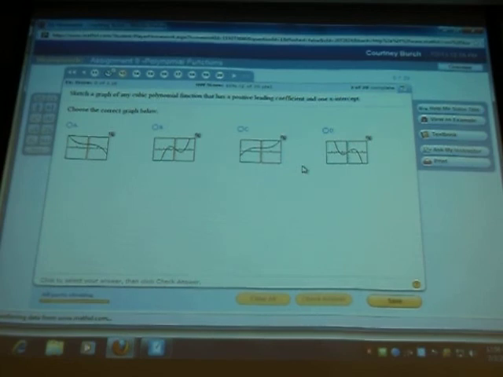Leading coefficient? Would be cubic and positive. Which ones can I rule out based on cubic and positive? You could rule out A and D because those are both negative. Cubic and positive would be down on the left, up on the right. So I can rule out A